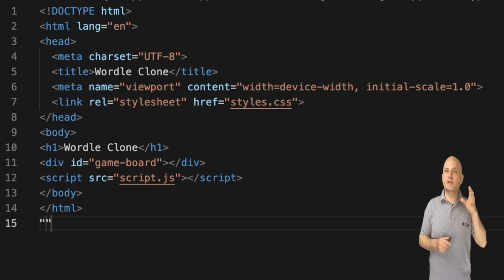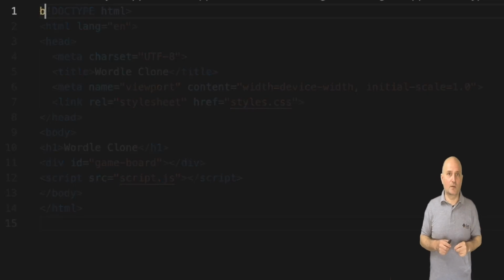Finally, we have a script tag. Just like CSS, we can include an external script file, which makes this more convenient. Just like with CSS, we can use the same JavaScript file in multiple pages and include many scripts. We don't need that functionality in this case. With this, our HTML is done, and we can move to the CSS, which is more interesting.